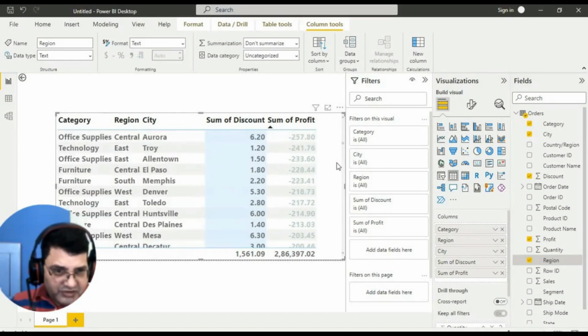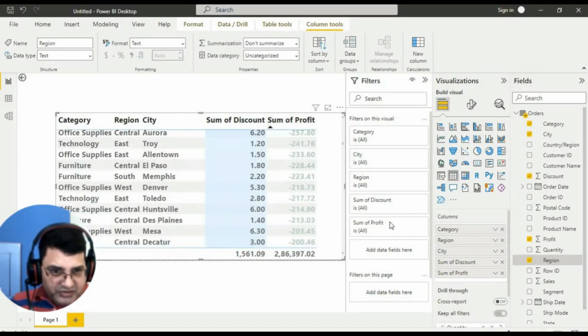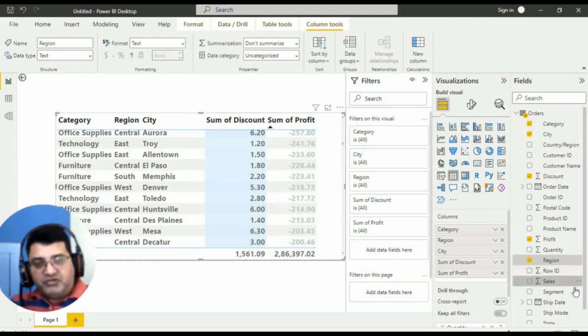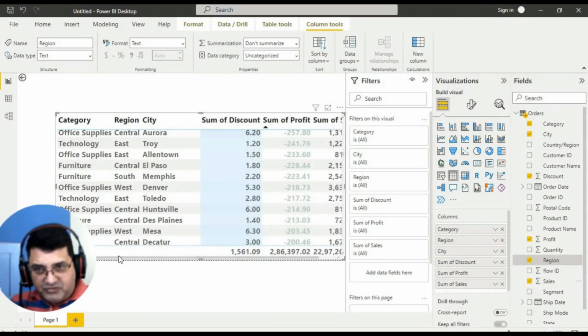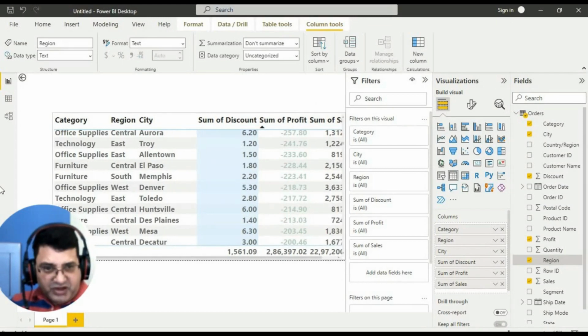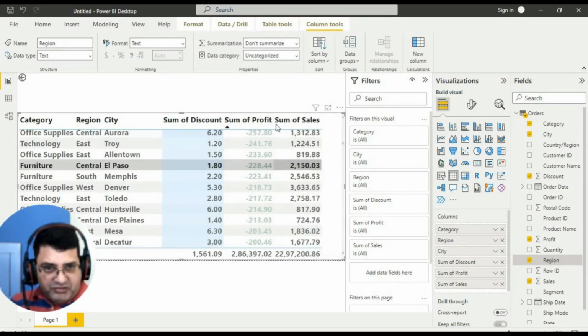For bar, I will take sales. I will put sales here. I drag the sales here. So now we have a sales data also here, and we want to do some bars with the sales. For that, I go to the sum. I just increase the size also. So now we have a sum of sales, and we want to do some formatting with sales, and that will be with bar. So then I will go to conditional formatting, data bars,